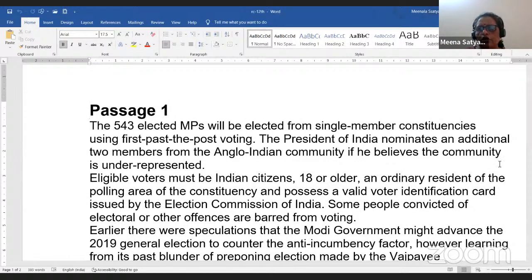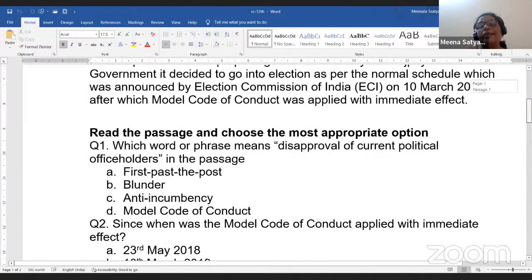So this is a comprehension passage. Since I'm doing it for practice, I have done the homework, but I would like to just see to it and tell you: 543 elected MPs, single member constituency using first past the post voting. The President of India nominates an additional 2 members from the Anglo-Indian community if he believes the community is underrepresented. So this is the passage, okay? This is the first paragraph. Let's read